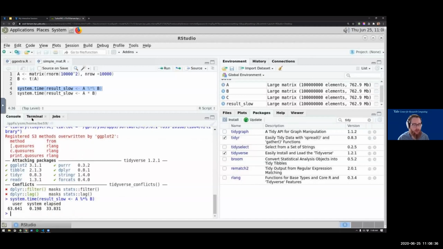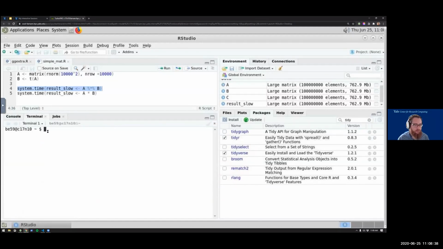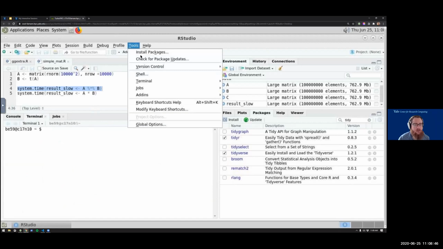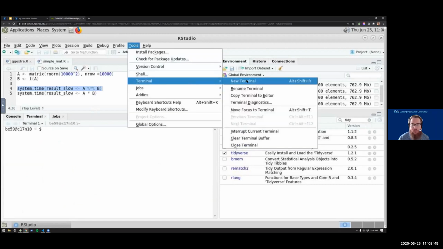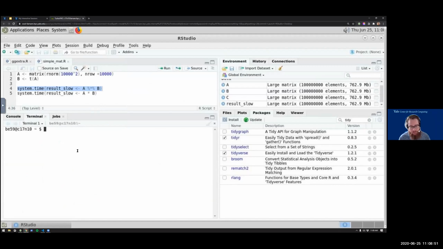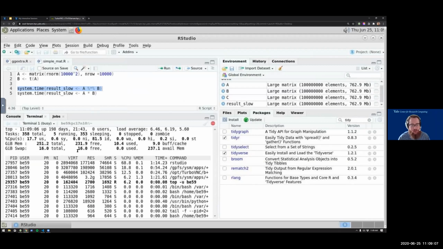And so if we can do that again. You can just have a terminal running in this tab here that's available by default. I think it's under Tools, Terminal. If that runs away from you, you can ask for a new terminal. There's a Linux command called top, and I can ask for just processes that are mine. So this is my netid. You would put your netid after the -u. This is a little process watcher, and this is also a really good way to understand your resource usage.